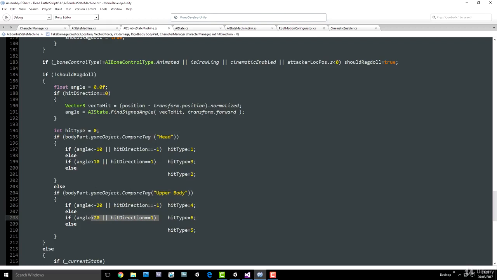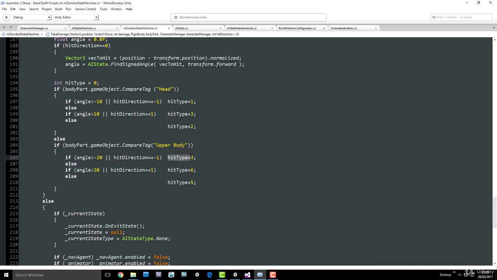So you hopefully get an idea now of how that hit direction is used, or in the case where it's not a melee weapon, we calculate the hit direction by using the hit position and the angle to the hit position up here. But obviously that hit direction will be completely ignored. It's always going to be 0 until we develop our arm system, which is way down the road from where we are now. So finally, now we've calculated the hit type, we want to set the hit type in the